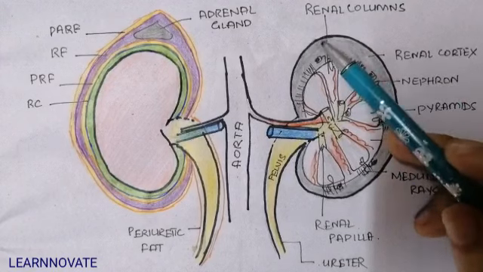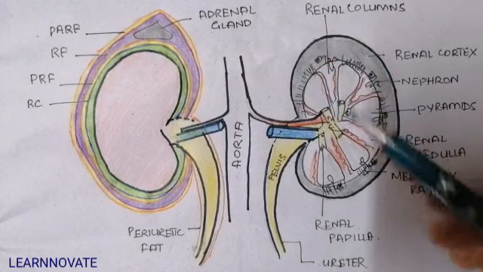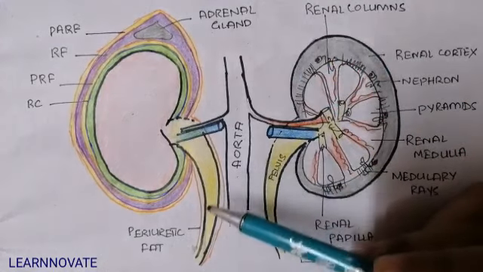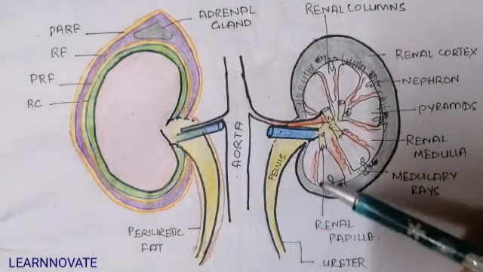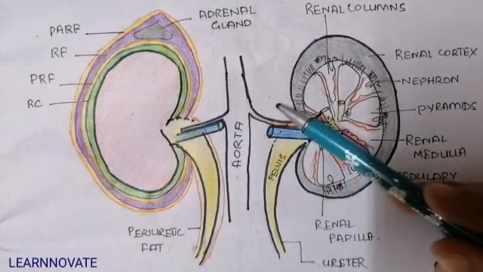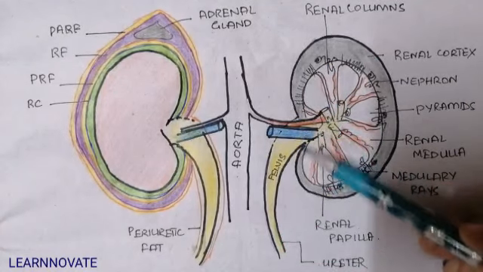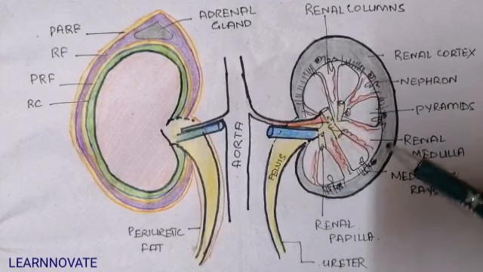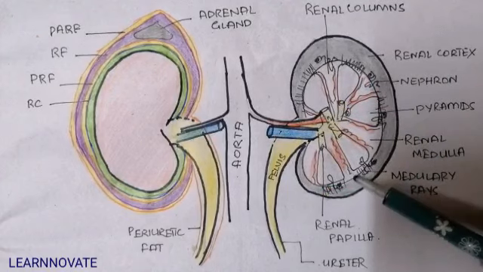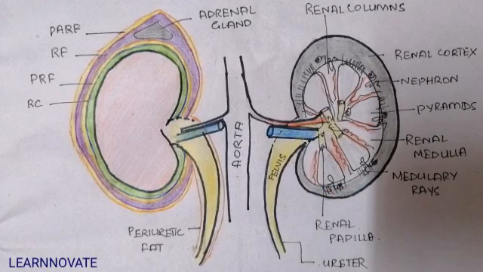The superior pole of the kidney is covered by the adrenal gland, while at the inferior pole of the kidney, the two layers of the fascia are covering the inferior surface of the kidney. On the medial side of the kidney, we have the hilum, which is a depressed area, and on the outer or lateral side of the kidney, there is a convex bulge. So this was all about the kidney.